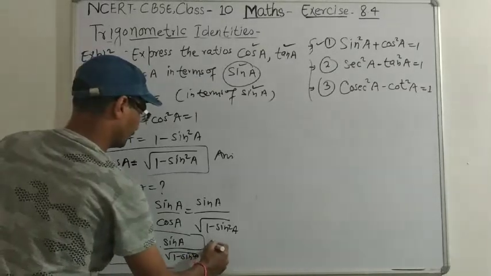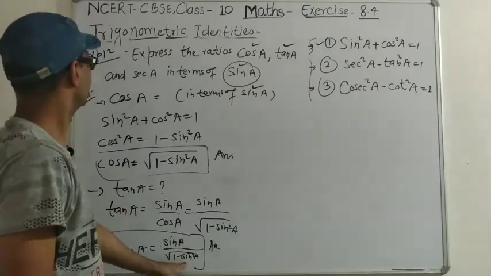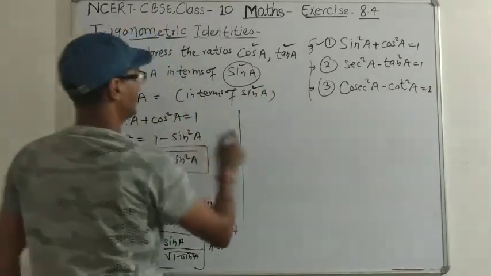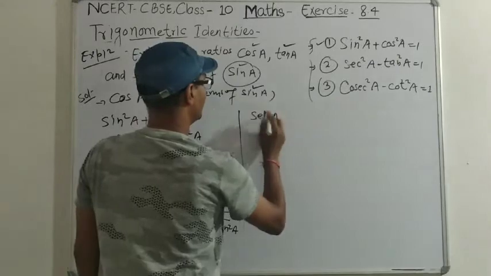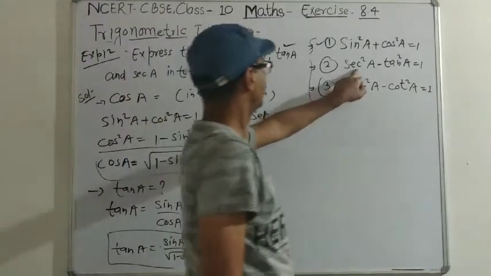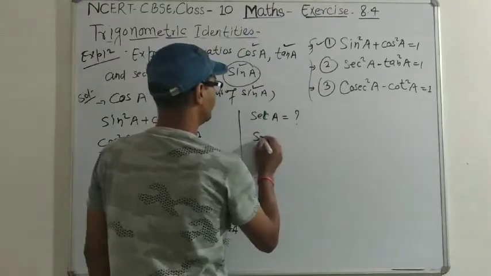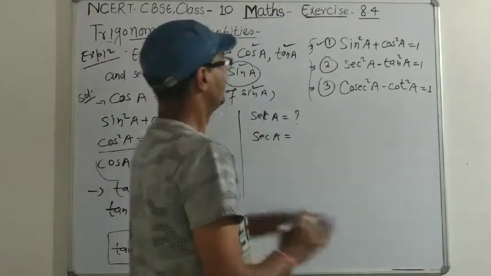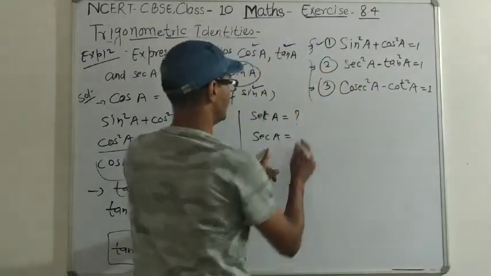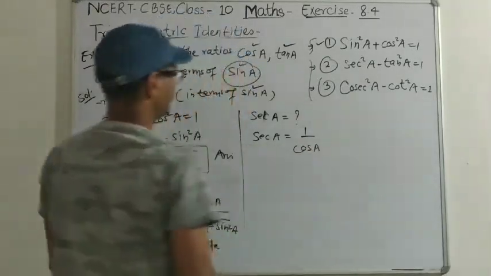second value. We solved tan a and got only sin, because we have to find only in terms of sin a. Now next is sec a. Solving sec a, sin a must come. Using this does not work, because here tan, we need sin. So sec a is the reciprocal of what? Of cos. Sec a is written as 1 by cos a.